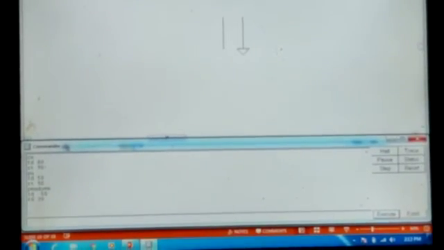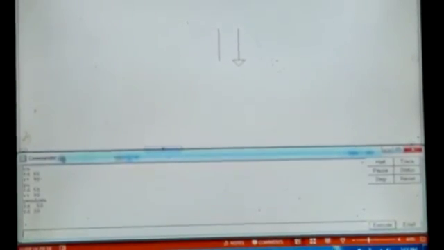Then FD space. How many steps do you want to move? 50. Enter. Now if you want to move further forward, FD space 30. Enter. Now you can see, children, a line has been drawn by using the pen down command. The pen up command is used to draw an invisible line, and the pen down command is used to draw a line. The remaining part will continue in the next class.